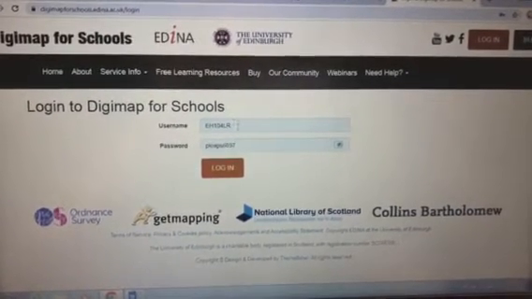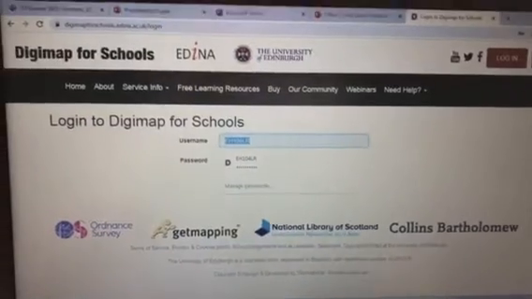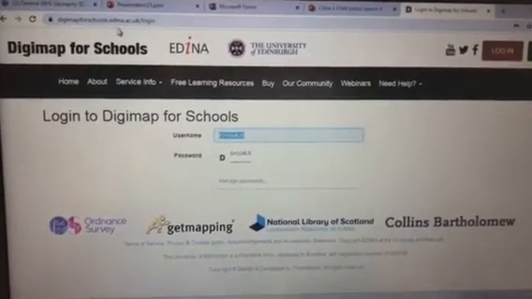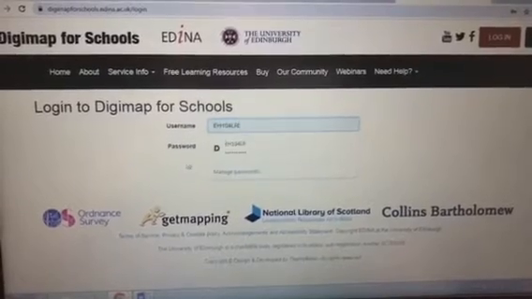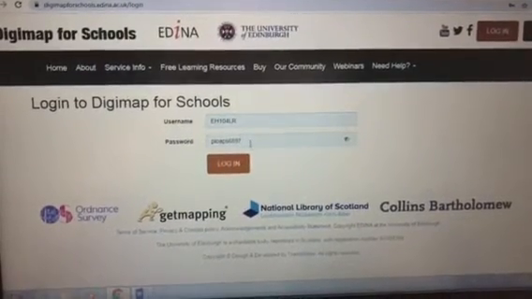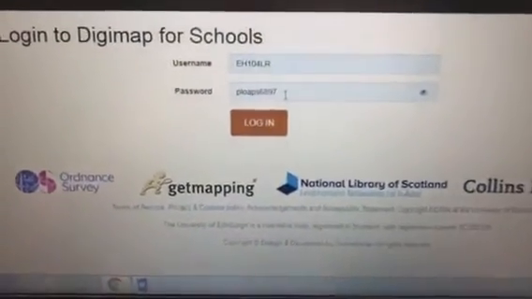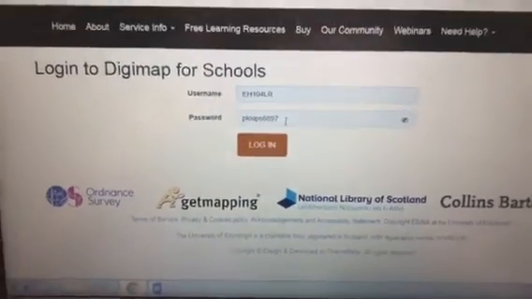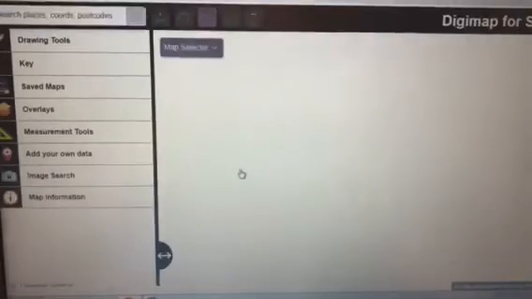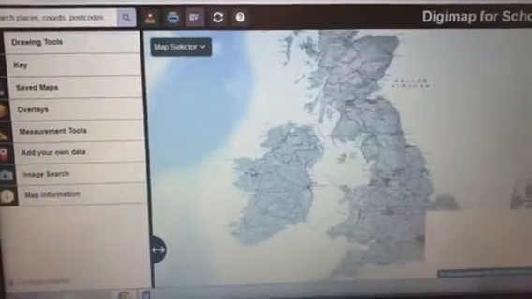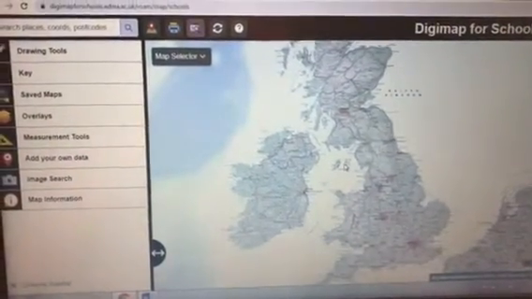Okay, so here's the username, EH104LR. You're logging on to digimapsforschools.edina.ac.uk/login. The password is PLOAPS6897. I've posted that on Teams. Just click login. And it'll take you to a page which looks like this, a map of the United Kingdom,